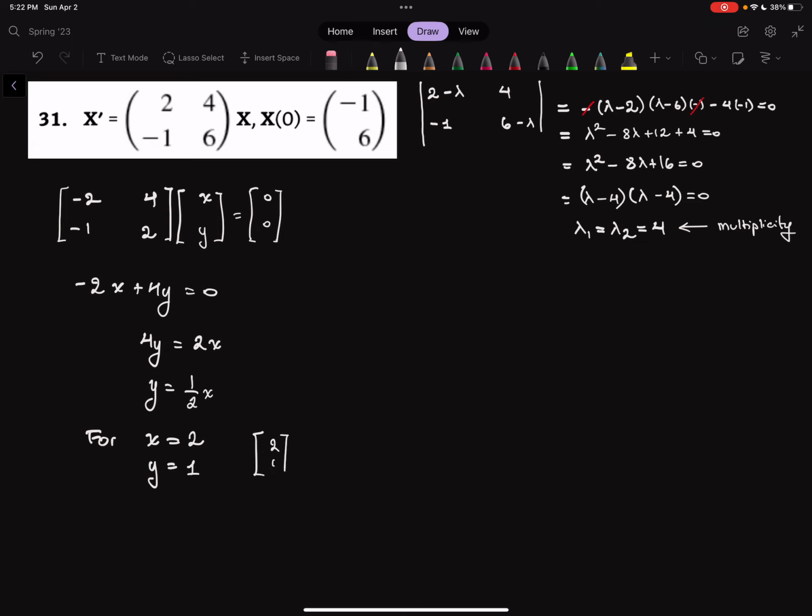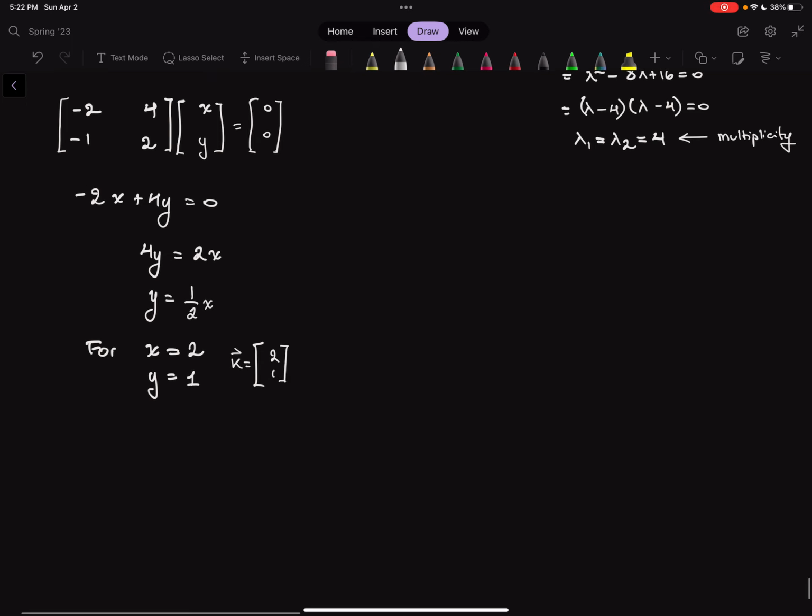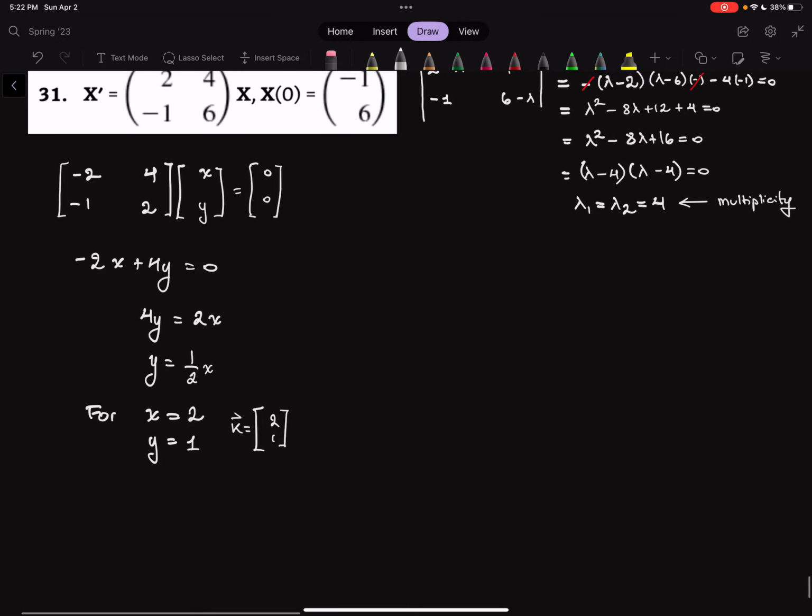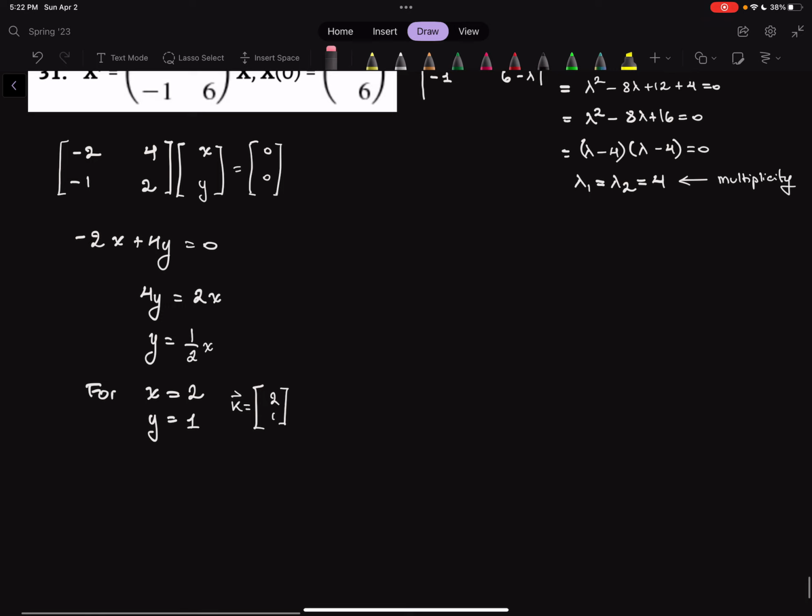So we can say that this is one of the vectors. Okay, now what is the problem? Can we find another vector with this that is not linearly dependent? No, because there's no way to introduce a 0 only in one of the two entries. So we'll have to use the idea that we can find a second solution